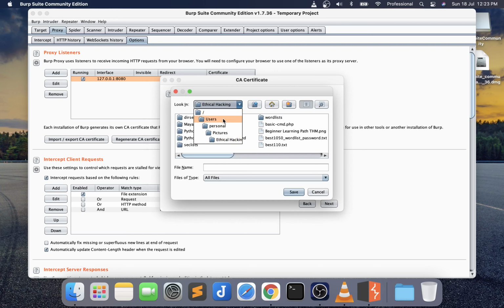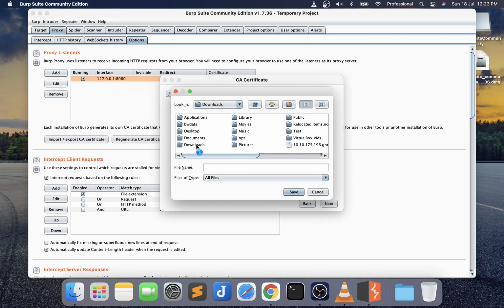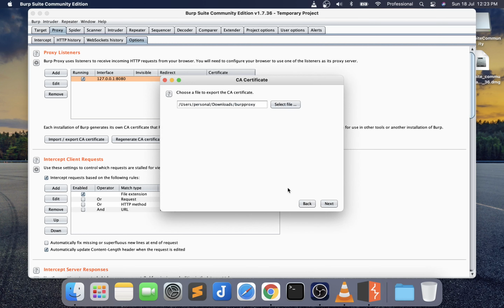So here I am, users, personal. Let's do it in downloads. We have to give the access and we have to give the file name, Burp proxy, and just save it. .der, I guess. Yes, this is a DER file.